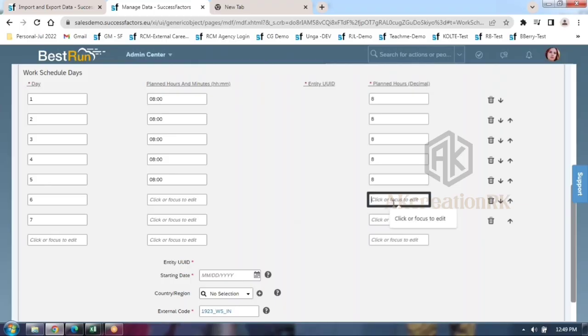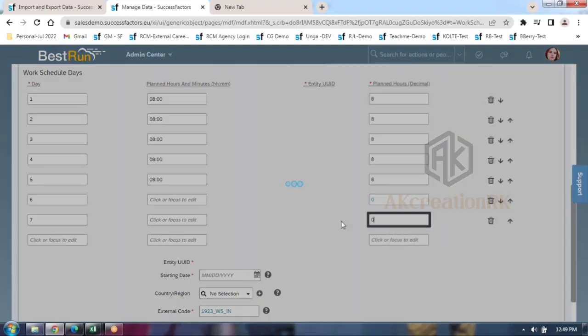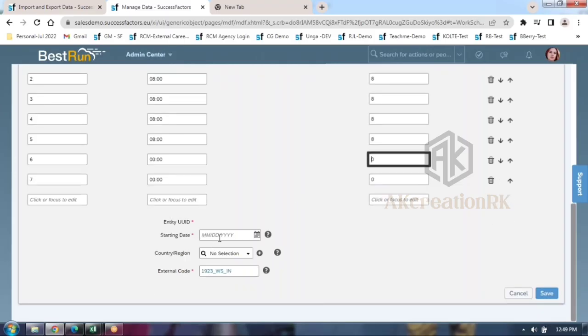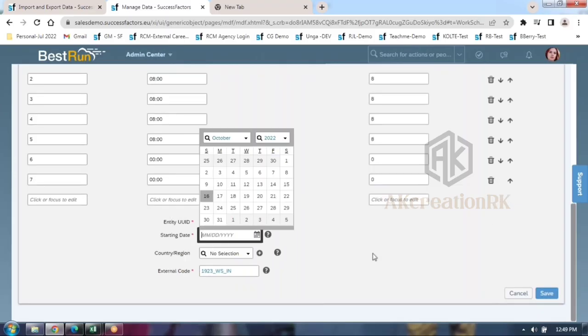Saturday, Sunday are day off anyway, as you know. Fine. Monday, Tuesday, Wednesday, Thursday, Friday, Saturday, Sunday. Now the start date. SAP SuccessFactors recommends maintaining a universal date.